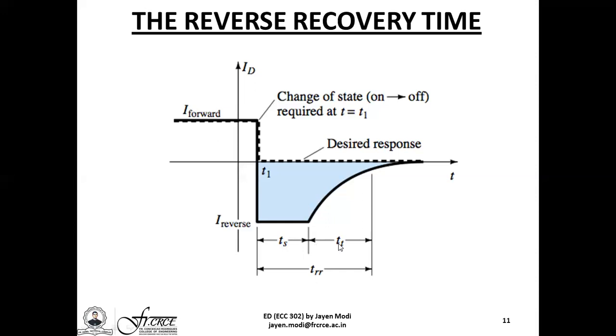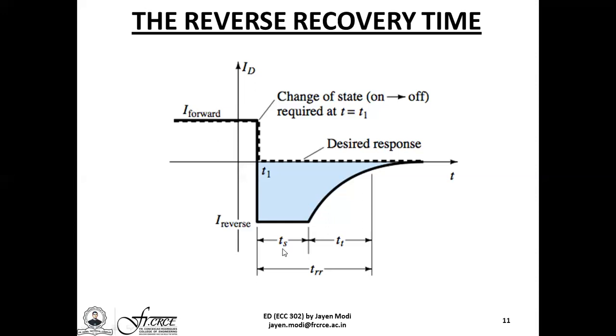At any given point of time during the forward bias mode of operation, there is a concentration of these minority carriers. Here I am using the word minority carriers because holes are going from the p-type region to the n-type region. So in the n-type region, these holes become the minority carriers. Similarly, electrons are going from the n-type region to the p-type region. So near the pn junction in the p-type region, they become the minority carriers. And this is again giving rise to diffusion capacitance.